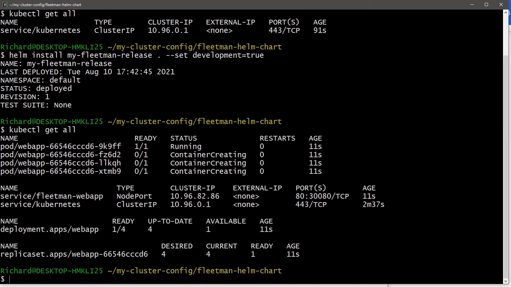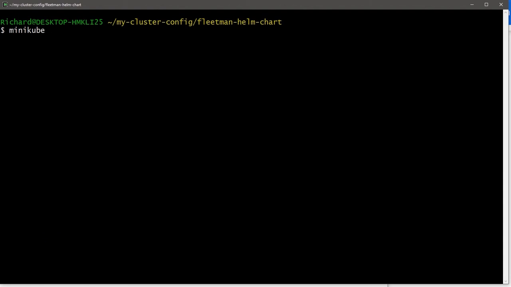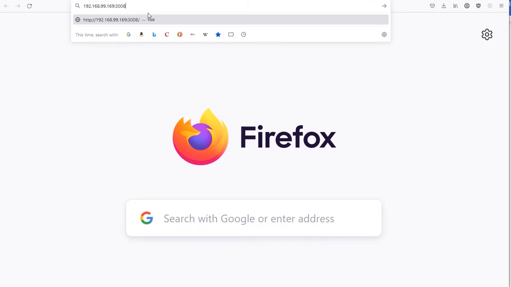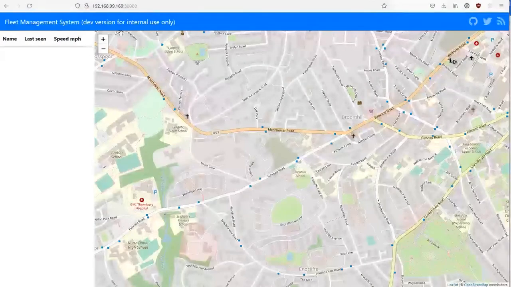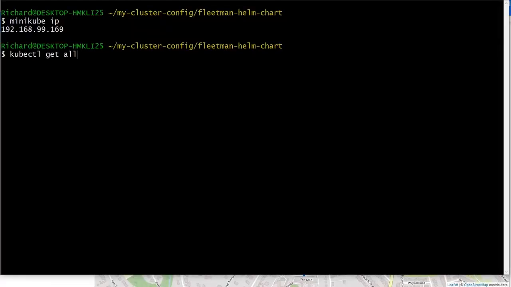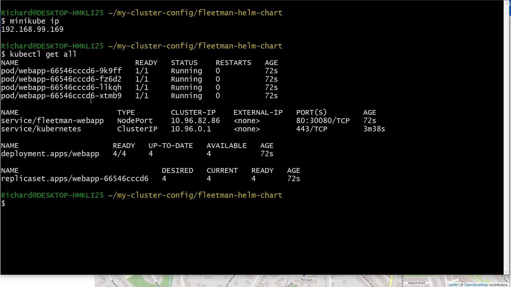We can see that our chart has successfully installed, but has it correctly installed the development version? Well, we could find out by inspecting the pod, I suppose, but an easier way, let's go to the front end as usual. And as always, it's going to be on port 30,080. And that's looking good. We're getting the development version. Now, I wonder what state the pods are in. They were still starting when I last looked. Yeah, well, for me now, they're all up and running.